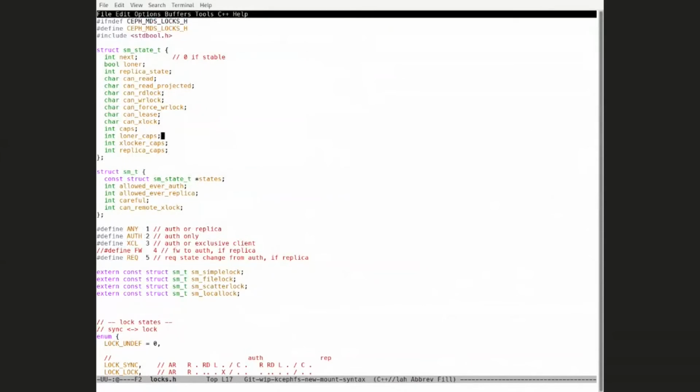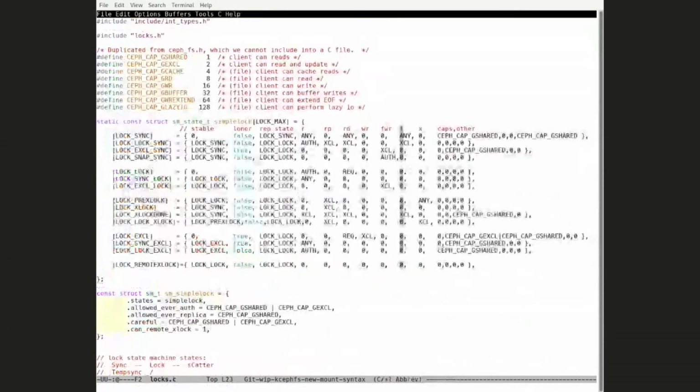Don't confuse. For now, for simplicity, just worry about these caps. The log sync state says you can't have clients which have taken the shared log for this particular log type. So you can't have clients that have taken the AS log. So what happens is the MDS, when it reaches the log sync log state, sends a revoke to clients which have the auth shared caps, AS caps. And the other